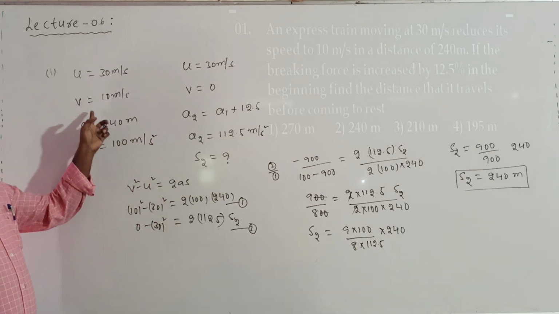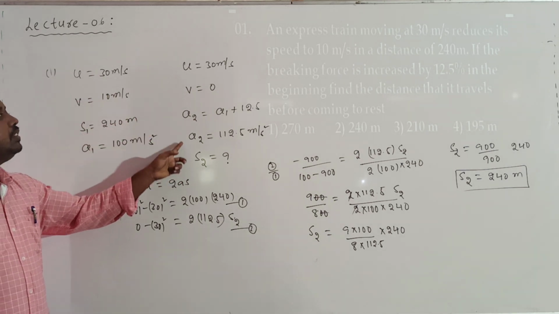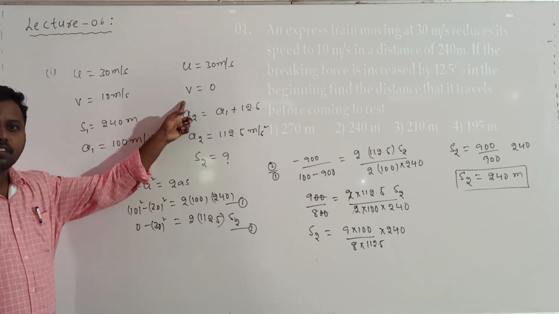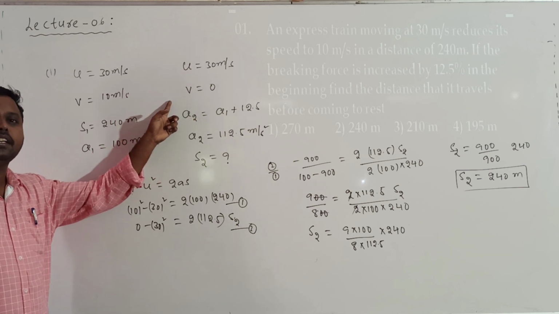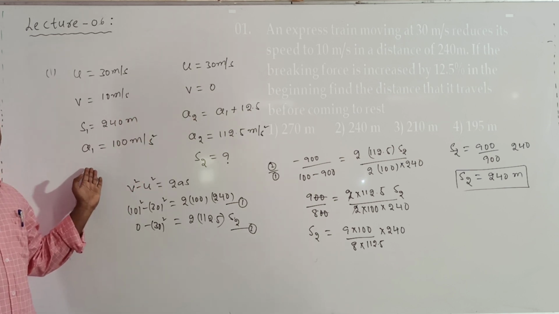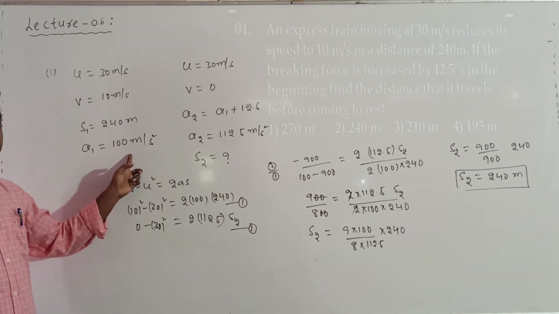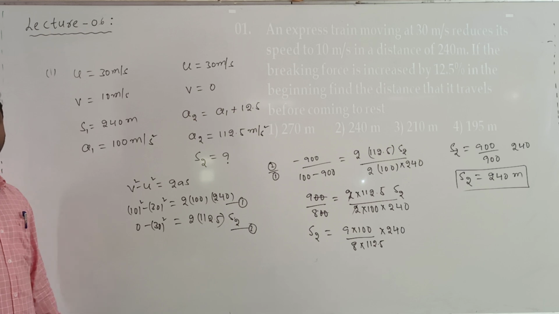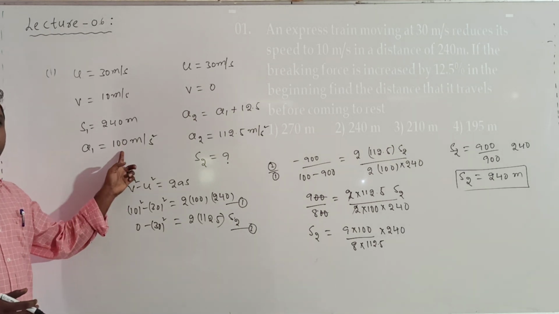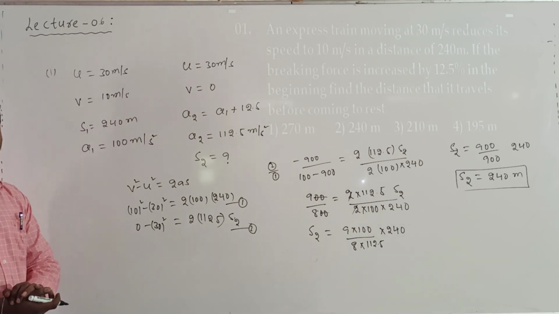Actually, this is the distance traveled for the velocity to become 30 to 10, whereas S2 is the distance traveled for the velocity to become 30 to 0. So if you travel a lesser distance, it means the acceleration value increases. When you want to calculate the acceleration value, I can consider A1 is equal to 100 meter per second square, then A2 increases by 12.5%. If I consider the A1 value in terms of percentage, then I will get the A1 value and A2.